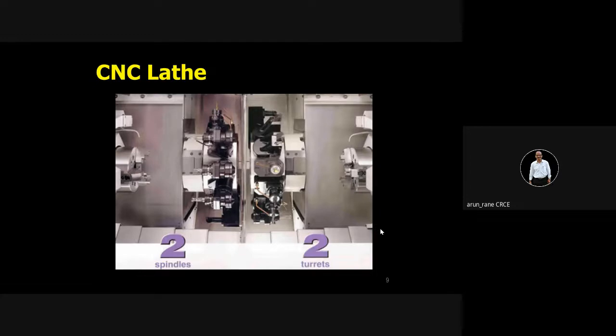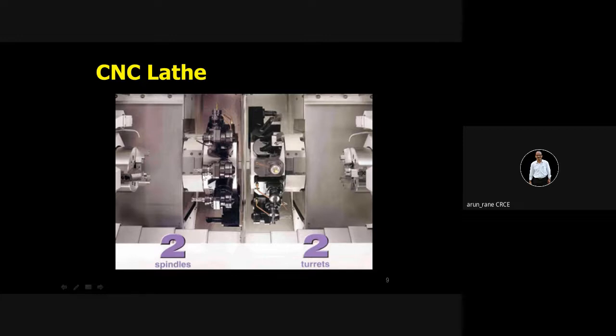These are your CNC lathes. I have shown you the video. Two spindles, two turrets. Two spindles means you have one spindle here, this is a photograph of one machine, and this is another spindle.